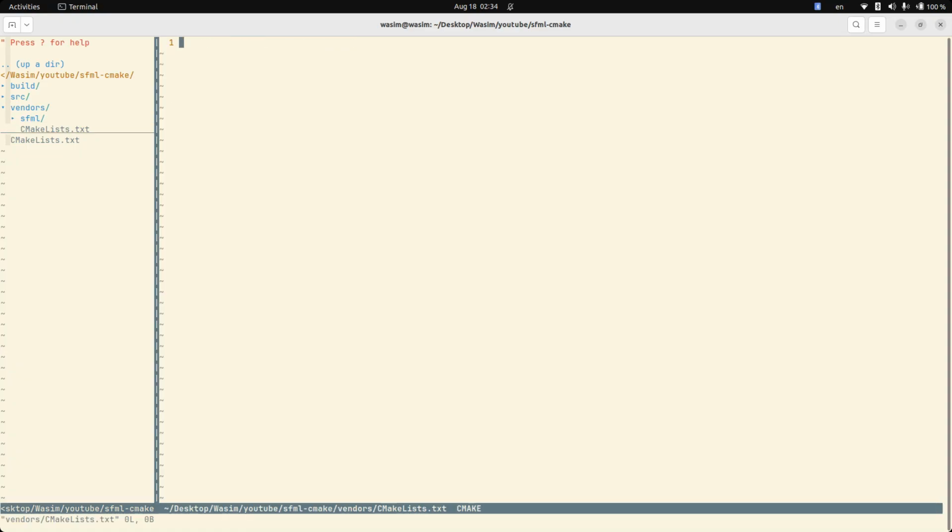So I'm going to go to the vendors CMakeLists.txt file. All I have to do is add SFML, add_subdirectory SFML, and inside the SFML directory, this is where I'll fetch SFML using FetchContent. So I'm going to say include FetchContent. What I'm saying is I need to use the FetchContent module from CMake. I will create a declaration, FetchContent_Declare, SFML. I'll say GIT_REPOSITORY. I need a GIT_TAG